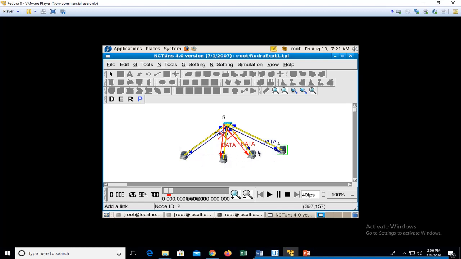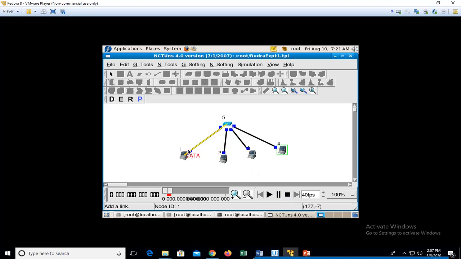The others are not configured for receiving the packets, and they drop the packets. That is what is being shown here. So I'll just stop the simulation here. If I want, I can play it back again, and you will see the same thing displayed.